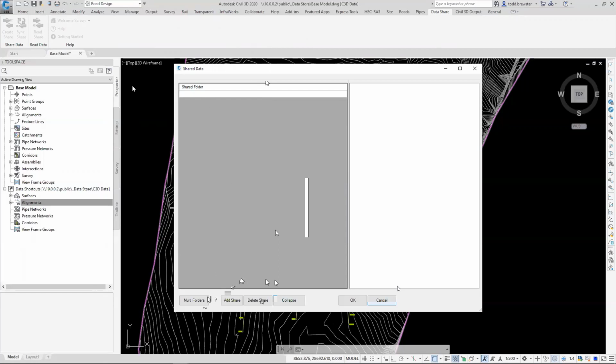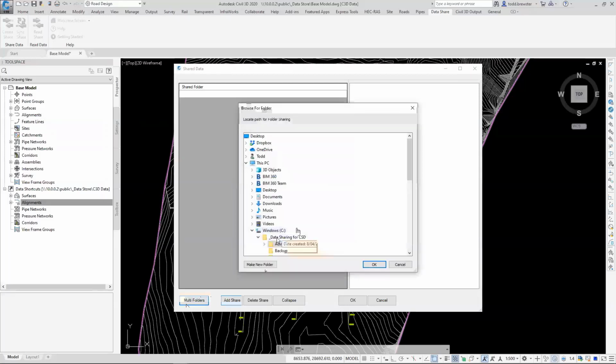But to continue on with what Shane was talking about, what's changed in the share, which has been in the software for a while, is this multi-folder concept. Traditionally, you had to click on add share and add in a connection to each individual share connection that you were trying to use. Multi-folder allows you just to pick a primary folder and it will assess all the shares within that folder for you. So if I click on multi-share and navigate to my location,